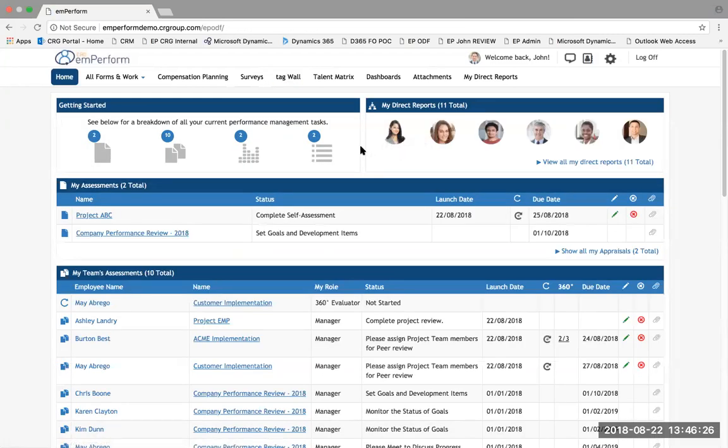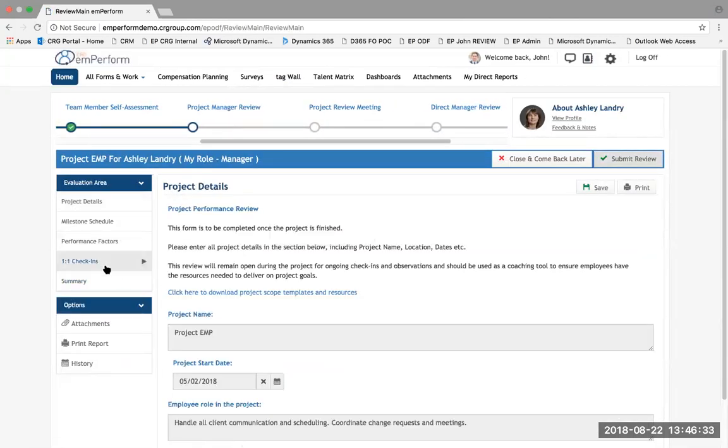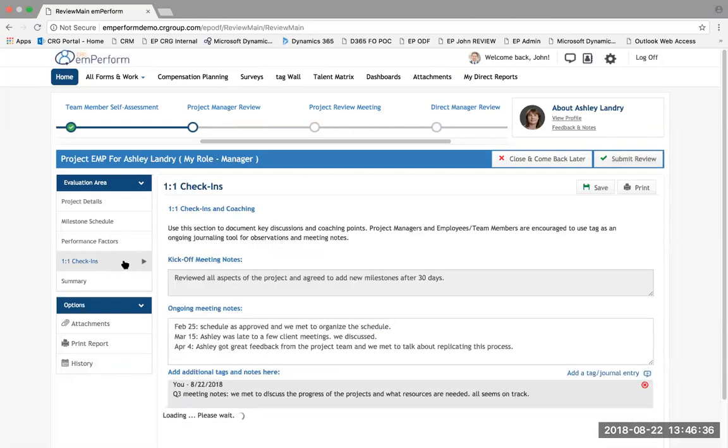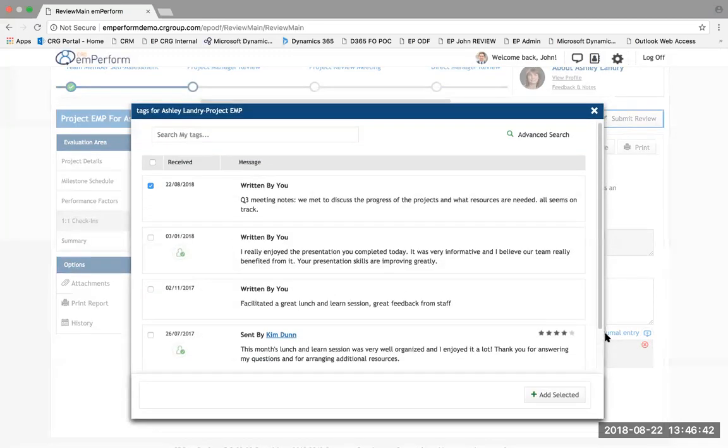So when I go back to Ashley's project review form, and I go into the one-on-one check-in area, what we've done here, we've enabled a link so that the project manager can come in and click on the link and open up the tags. And this allows the project manager to see the different feedback that Ashley's received. It also allows the project manager to select feedback that they want to use to support the feedback they're giving